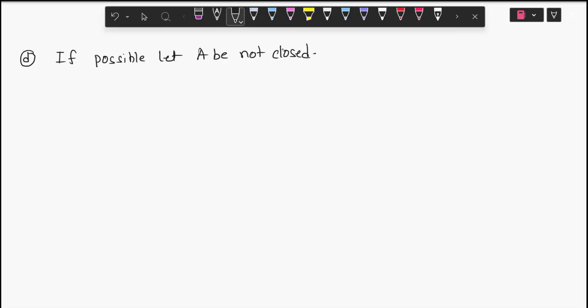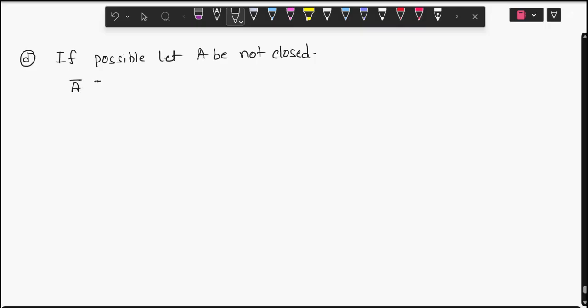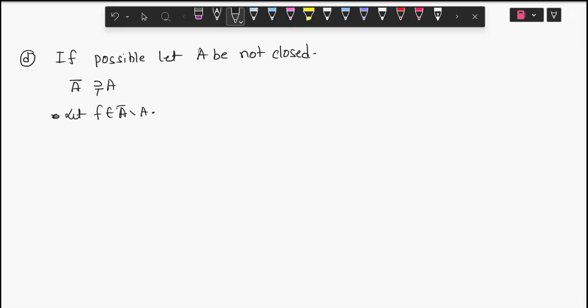Now, if A is not closed, then the closure of A, A bar, is bigger. Then let us choose a belongs to A bar minus A. Now as I am choosing a belongs to A bar minus A, and this is a metric space, then